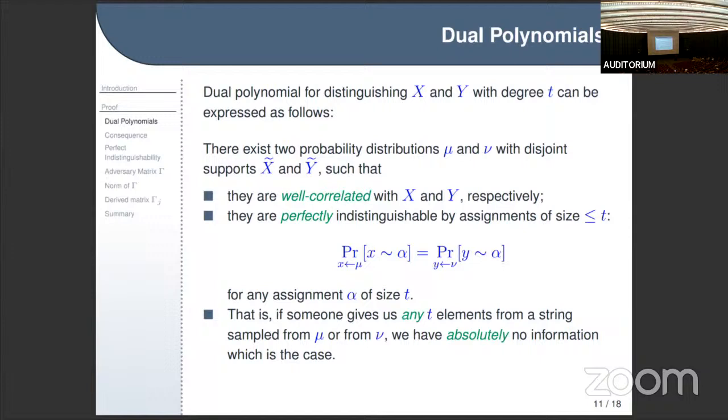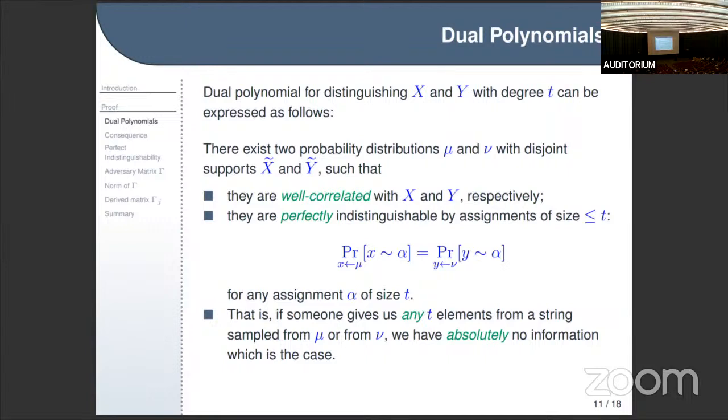Okay, so remember we had this task of distinguishing two sets of inputs, capital X and capital Y. This degree t was a lower bound that the dual polynomial gave. This linear optimization problem can be expressed in the following way. There exist two probability distributions, mu and nu, with the joint supports tilde X and tilde Y, with the following